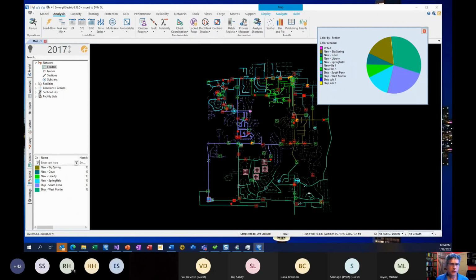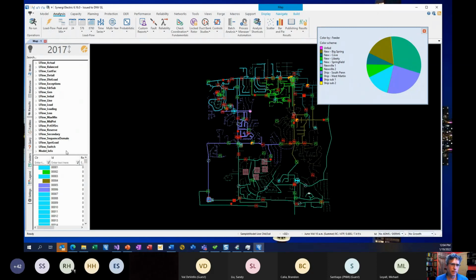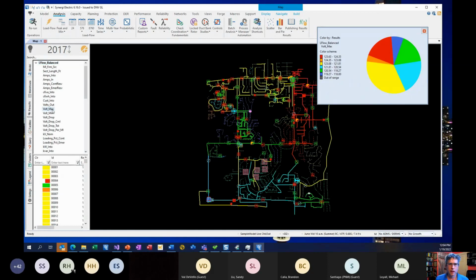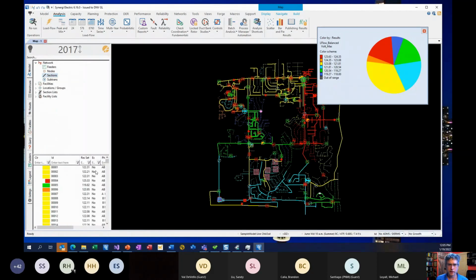and if you have a question or anything, please chat away. We'd run load flow and then go over here to the results tab and look at something like the maximum voltage, color the map, and then if we wanted to see the values on the sections or look at the sections that are a particular color or whatever, we would go back to the model tab and then go to the sections right here, and then we would see the colors, section IDs, results, that sort of stuff. And then you could sort these columns, put in filters, export this stuff to Excel, all sorts of things over here. Well, we put that same